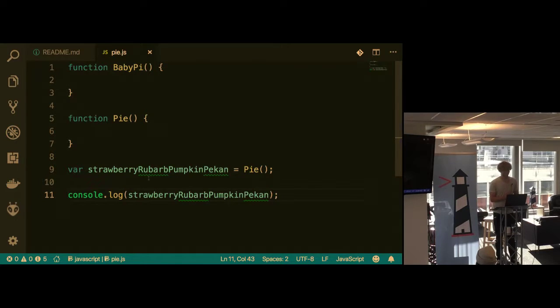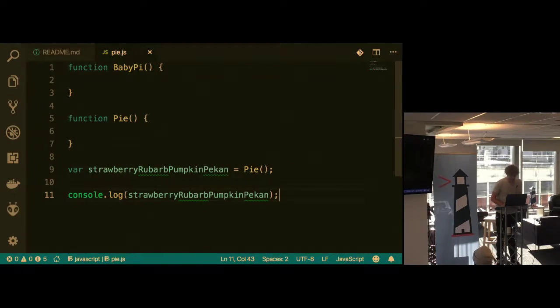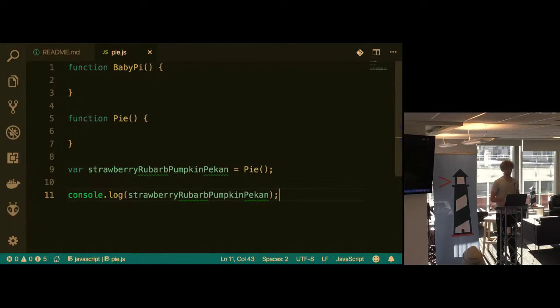So, okay, I console log that. We're expecting undefined. Node, what did I call this? Pi. Undefined. Yay. Okay. Any questions about that? I haven't done anything special here. This is like week 1 stuff again, just functions. JavaScript though